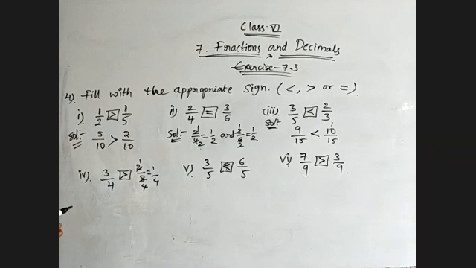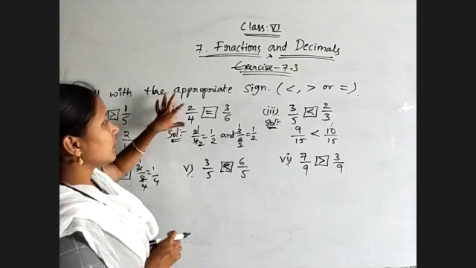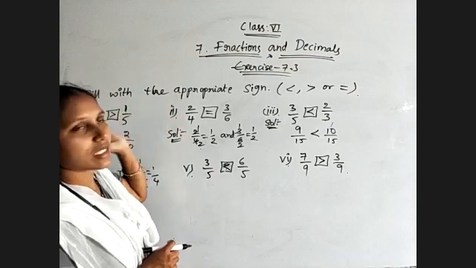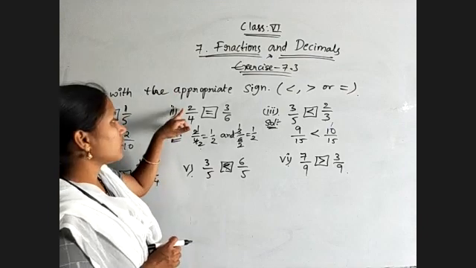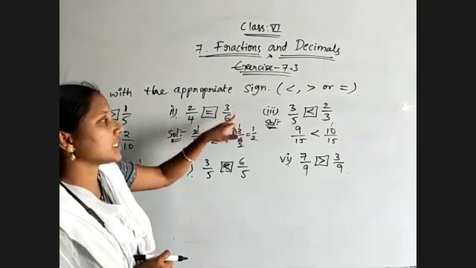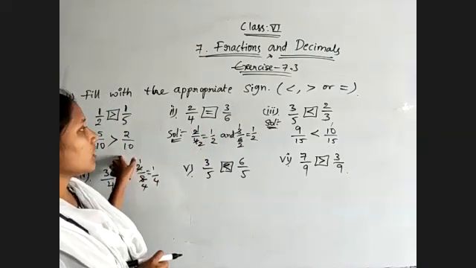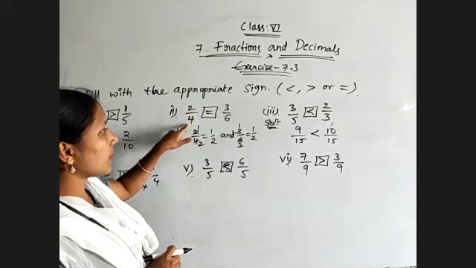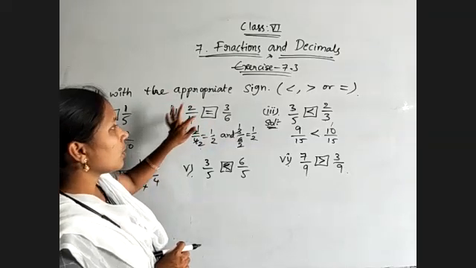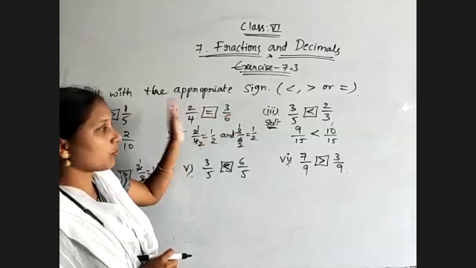Okay, once again observe all the questions. So when numerators are equal, the fraction which is having lesser denominator, that one will be the biggest fraction. Means 1 by 2 is more than 1 by 5 because both are having numerator 1. And then second question, take their simplified form. If cancellation is possible, take their simplified form. 2 by 4 is nothing but 1 by 2, 3 by 6 also 1 by 2. Both are equal. Otherwise, go through with the cross multiplication like this only. You will get 6 twos are 12, 12 by 4 sixes are 24, 12 by 24. 4 threes are 12 by 24 only. So both are equal.